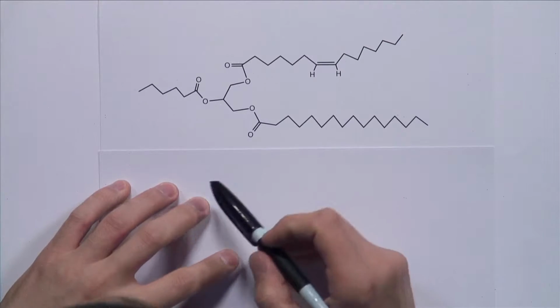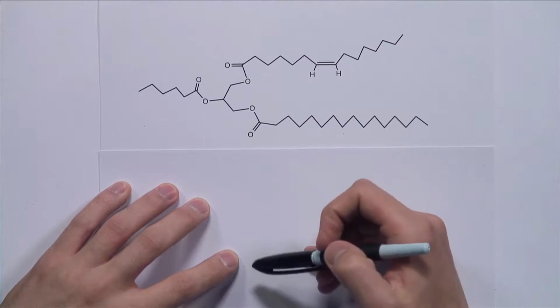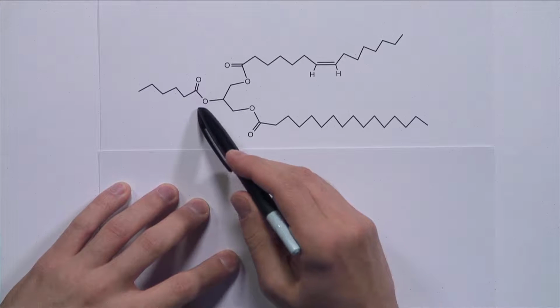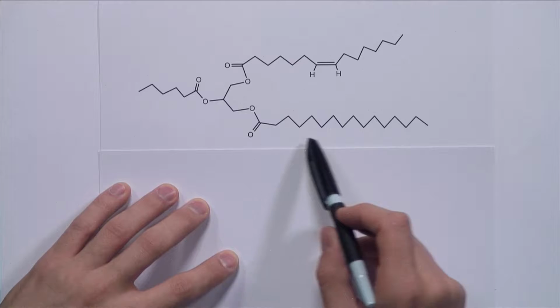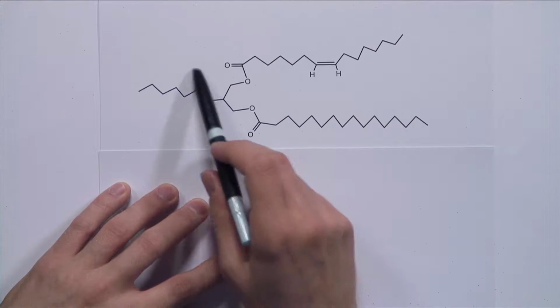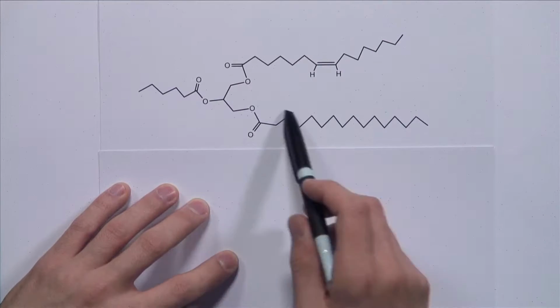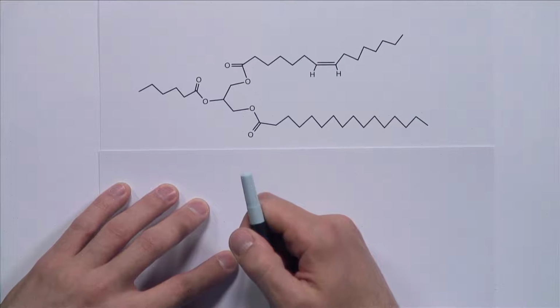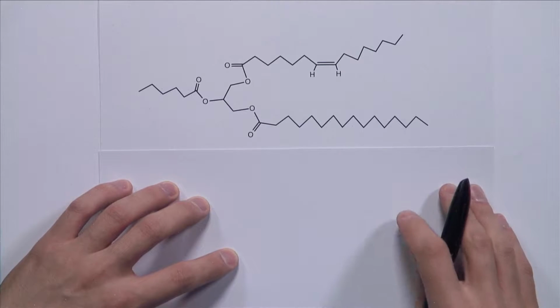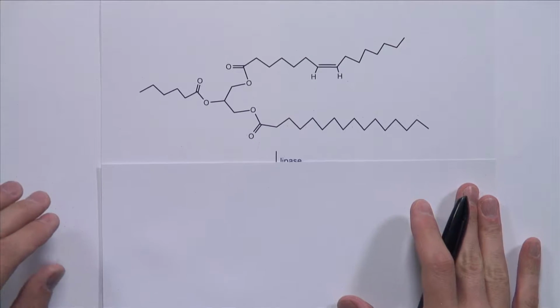It is a problem in which we're going to calculate how much energy we get from metabolizing a molecule of fat, more specifically, a molecule of triacylglycerol. Here is a structural representation of the triacylglycerol. Recognize the glycerol molecule in the middle that is holding together 3 fatty acids. Now notice I picked a short chain fatty acid, a long chain fatty acid, and a fatty acid that actually has a double bond.